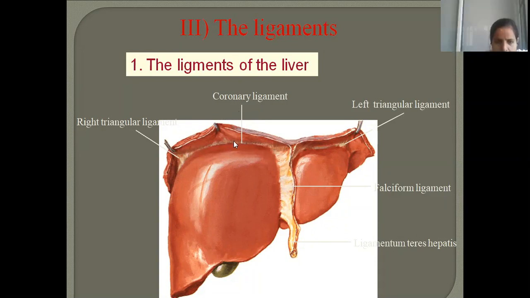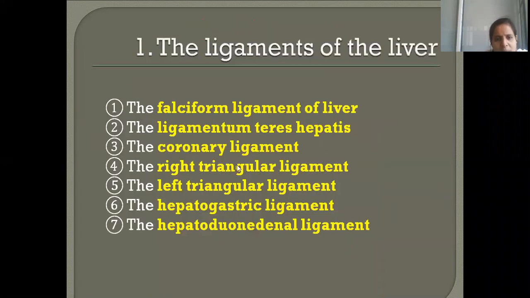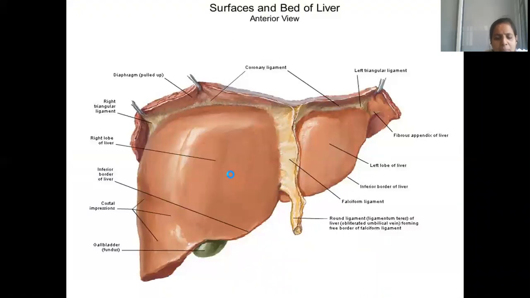Yes. Now, the edges of the coronary ligament, you see here, we have one margin which is like a triangle. On the right side, you call it the right triangular ligament. And on the left side, we have the left triangular ligament. Okay. Now, overall, I will show you the list later. First, we should see the ligaments. It becomes clear. From the umbilicus till the falciform, we have used the word ligamentum teres. It is actually a remnant of the umbilical vein. In the placenta, we will have two arteries and one vein.